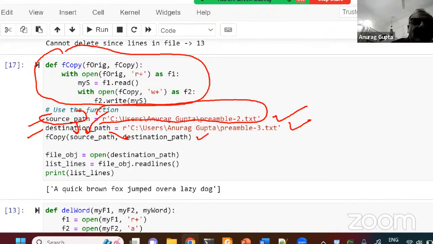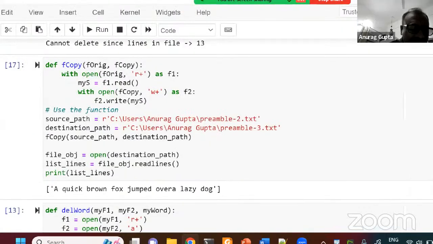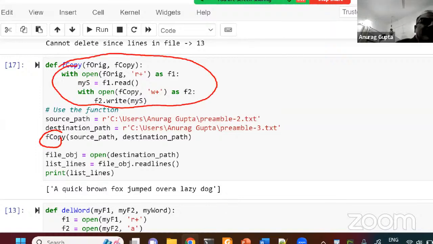And this is the call. So this function call will do this entire thing. But since you notice there are no print commands inside, it will do it silently. That means it will do it and you will not even know. You will presume it is done.